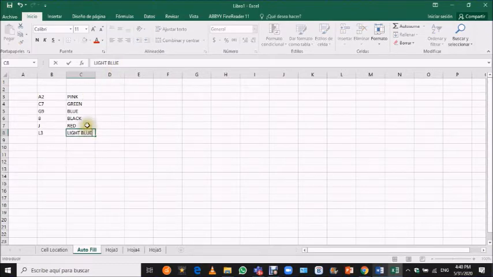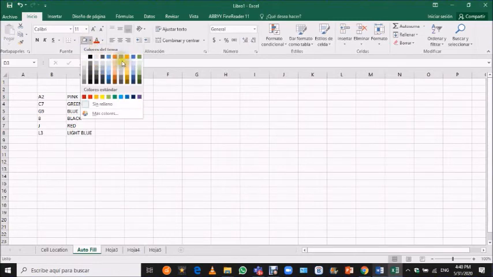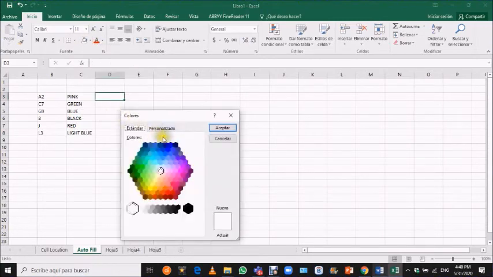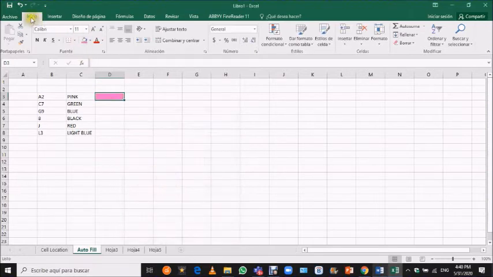Teacher, where do I get all the colors? The colors, as I said, are in the paint bucket, and the ones that you don't see here, you go to more colors, and after you go to more colors, you can choose the colors that you want. Once you have all these cell locations painted,